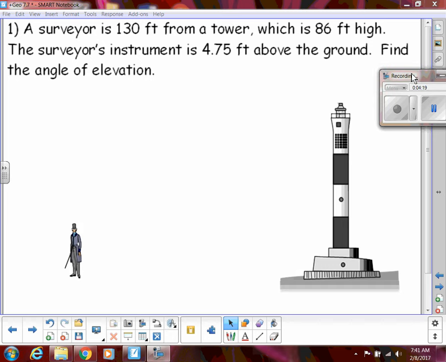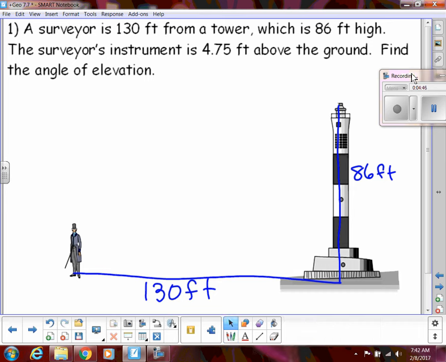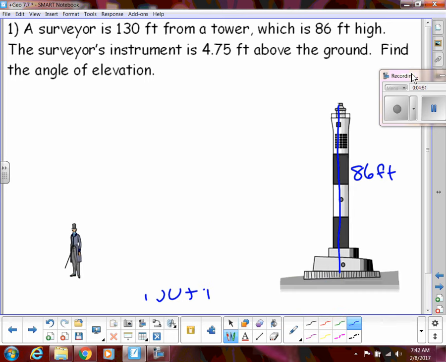All right, so we can use this to solve problems. And I've shown you a few, but let's look at this one. We have a surveyor who is 130 feet from a tower, which is 86 feet high. So this tower is 86 feet high from here to here. And the surveyor is 130 feet from the tower. The surveyor's instrument is 4.75 feet above the ground. So he's kind of looking at this